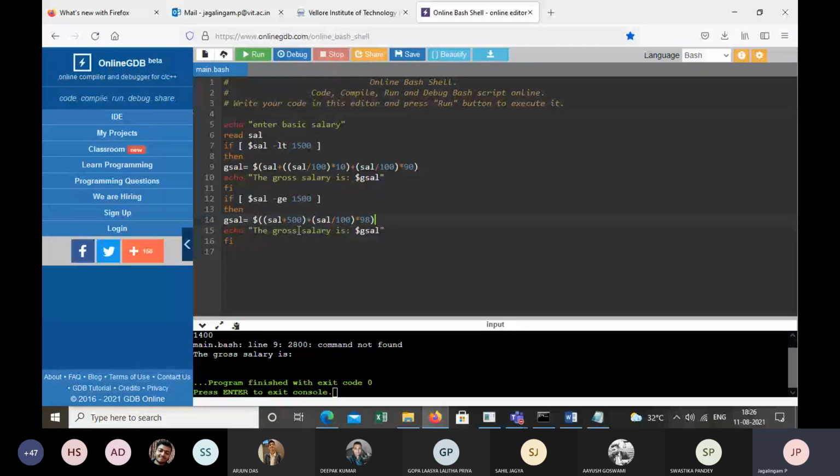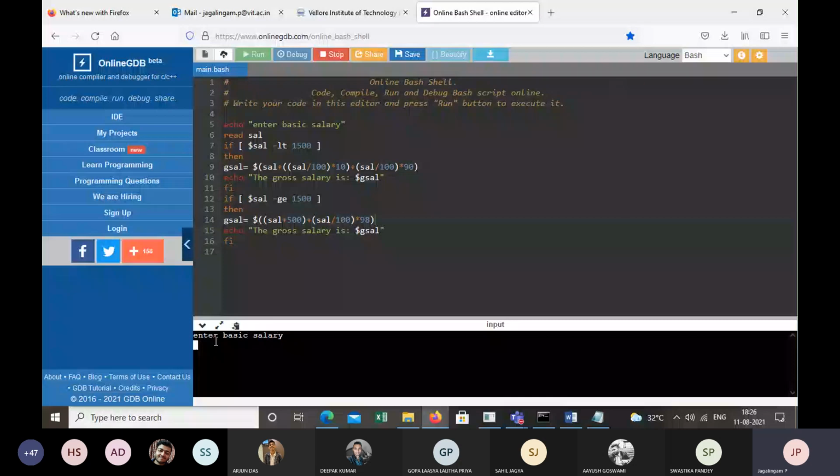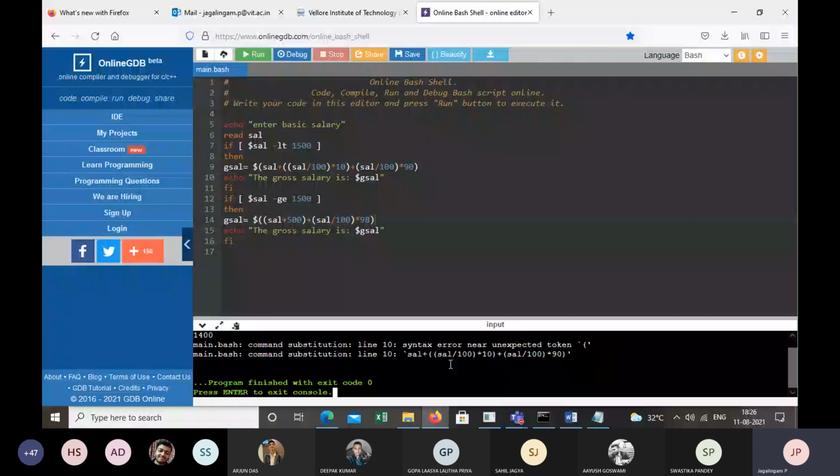Oh, line 10. There is some syntax error. Okay. No, it's supposed to be in line 9 only. So can you tell me where the mistake is?